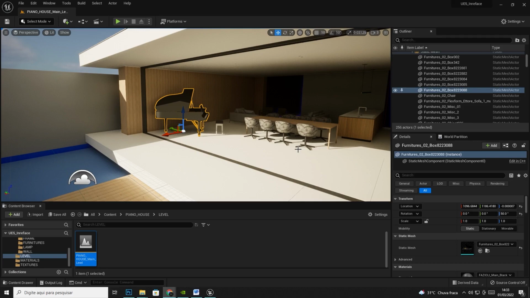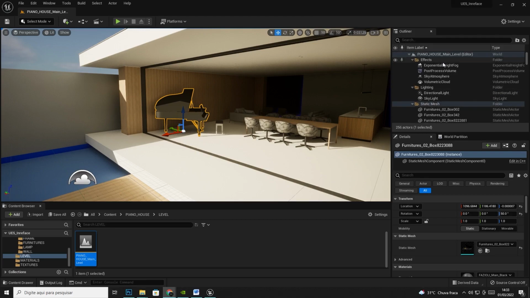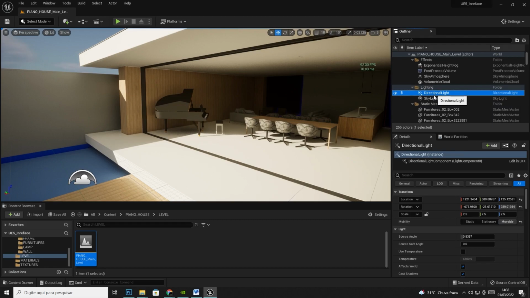How to create surfaces that can absorb a little of the light and bounce the light. How to create materials that can do this bouncing. How to increase or decrease these bounces. Okay? Talking specifically about Lumen, we can increase or decrease the bounces from the light in the directional light and in the skylight. To do that in the directional light, we're gonna go here, directional light,